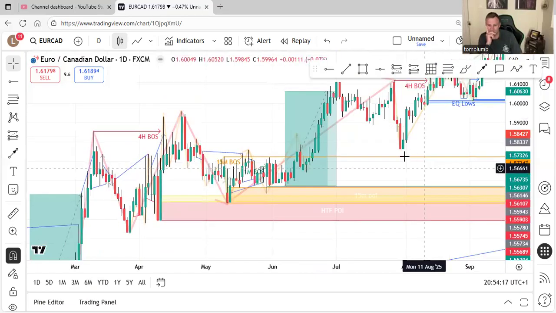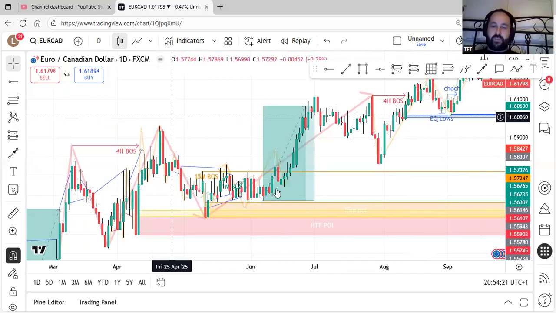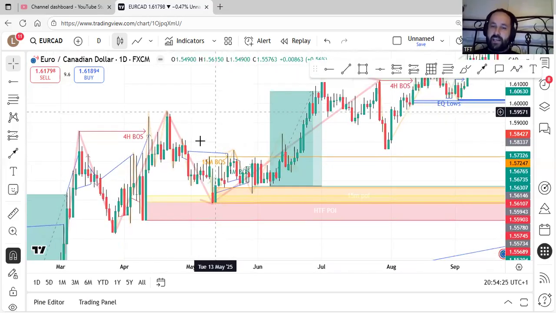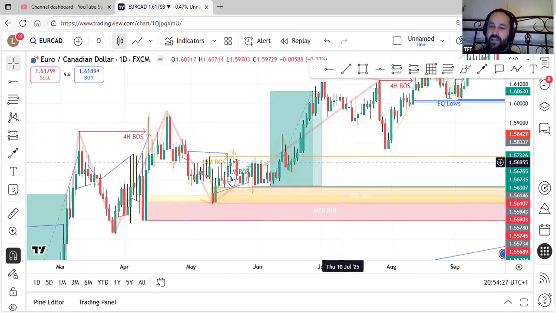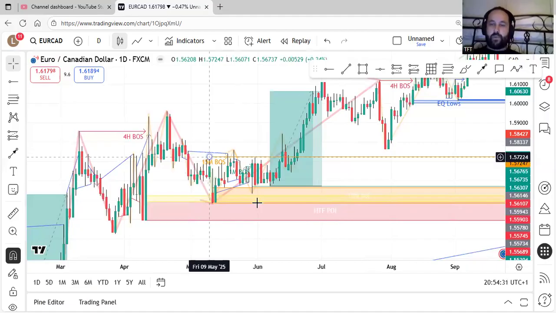So yeah, that's sort of the basics of structure and my 4-15-1 system. But I don't particularly trade that way so much these days. I've started to mark them back up again because I do love this. It's such a good